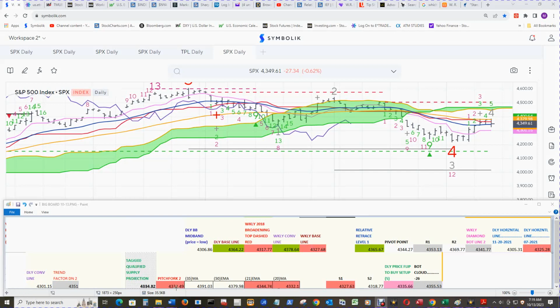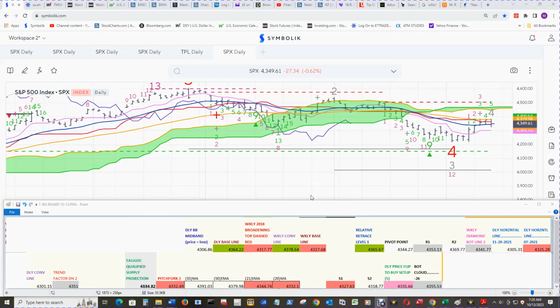And right before that is the pitchfork level 2, 43.32. And again, there's the 21 EMA, and right under there is the 20 simple moving average, 43.32. And right under there, the other moving target, S1